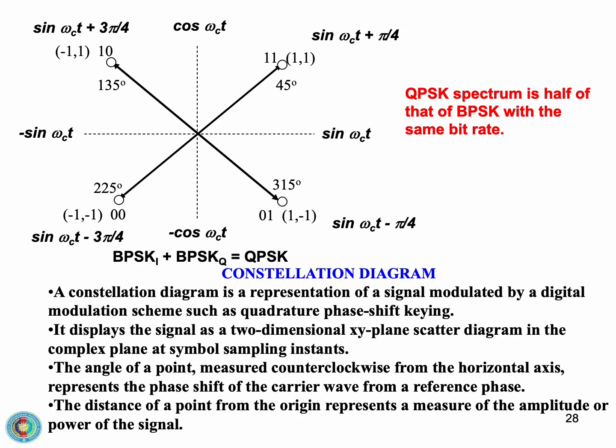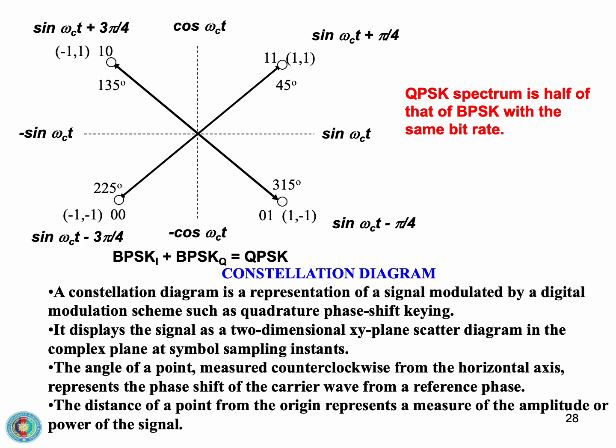The constellation diagram is an essential visual representation of a modulated signal. It displays the signal as a 2-dimensional scatter diagram in the complex plane at the symbol sampling instance. For QPSK, you'll see 4 distinct points. The angle of each point, measured counterclockwise from the horizontal axis, represents the phase shift of the carrier wave from